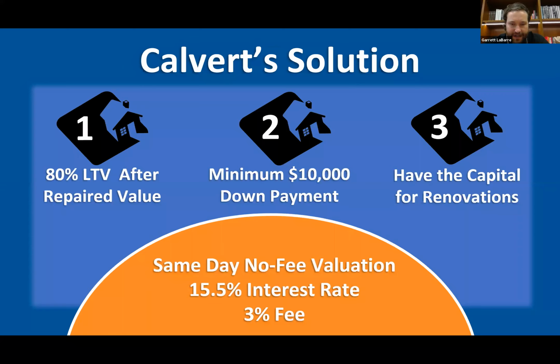So this was from a little while ago. It's changed a bit. Our loan to value for the after repaired value that we're considering is 70% right now, just due to COVID. We're considering a little higher in Ontario, but for now, if we're talking about Alberta, we're doing 70% of the after repaired value. Minimum is still 10 grand down, as I said,